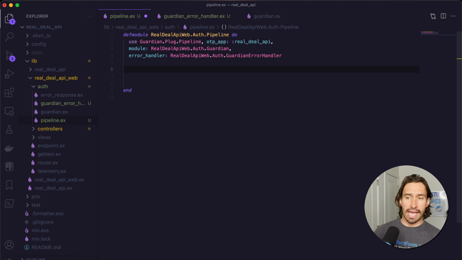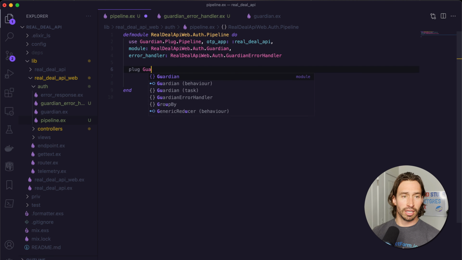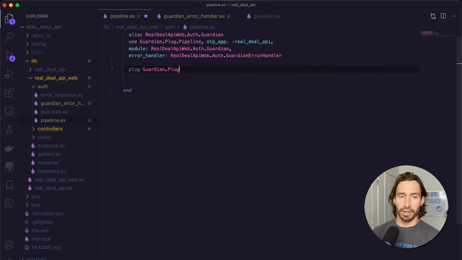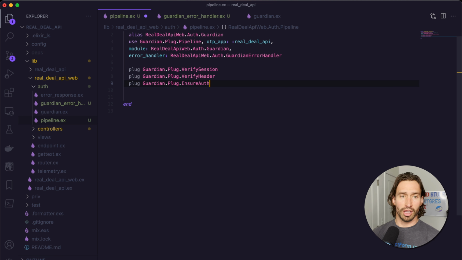And we're going to add 4 plugs here for our authentication check that will check for our JSON web token. And the first one is going to just be plug guardian.plug.verify session. All right. And then we're going to do guardian.plug.verify header, and then plug guardian.plug.ensure authenticated,